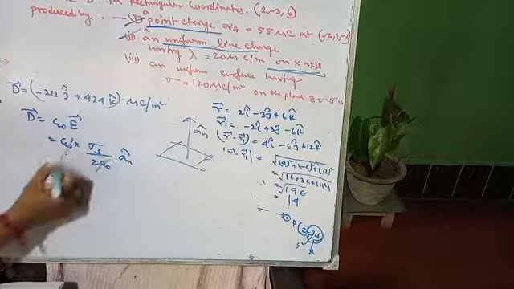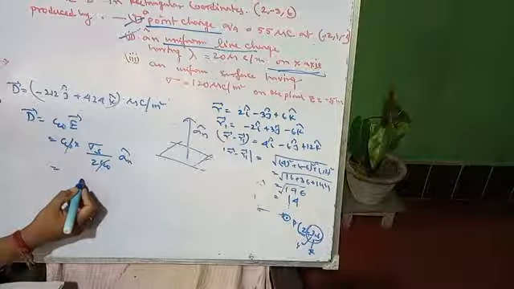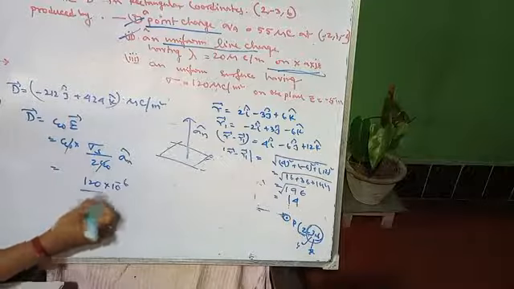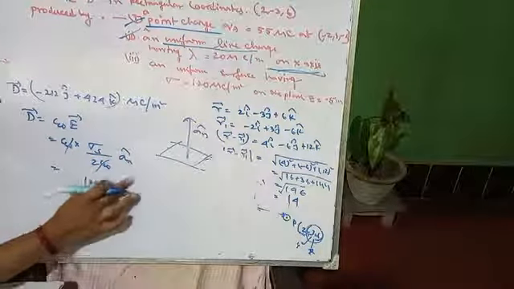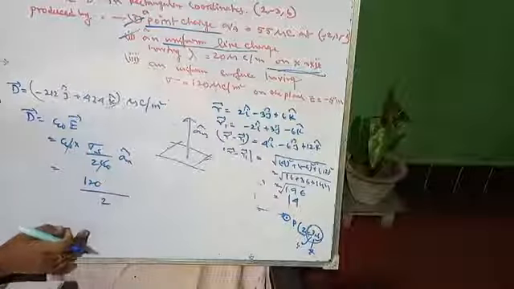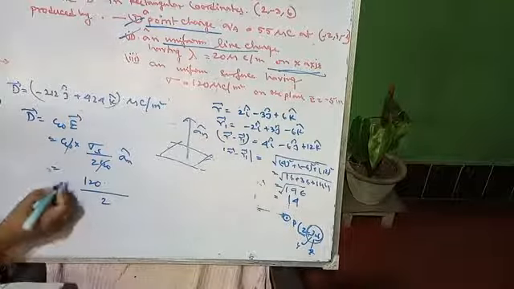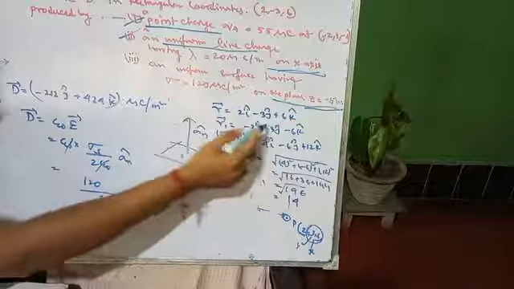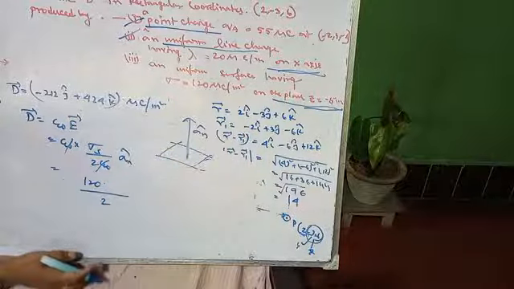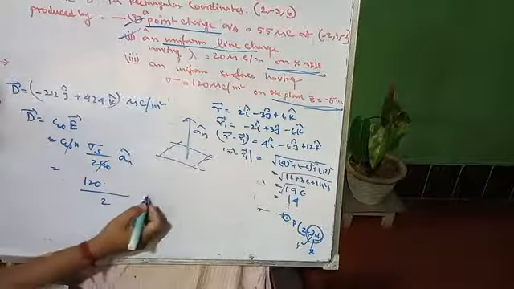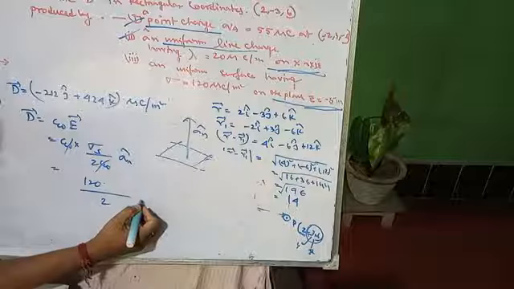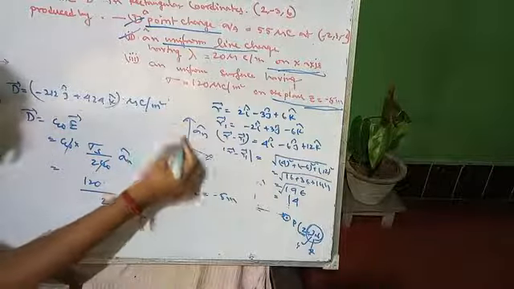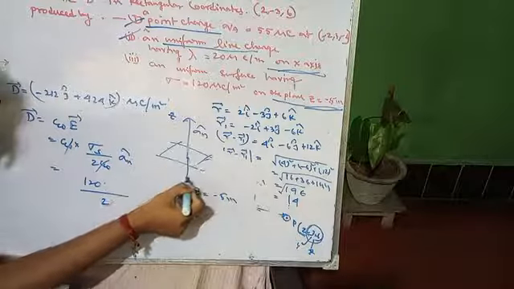Okay, so epsilon naught will be cancelled out. Sigma s equals what? Sigma s equals 120 into 10 to the minus 6 by 2, or ignoring the 10 to the minus 6, you can get the answer in microcoulomb unit. And you can say that the normal is on the plane of z equals minus 5 meter. That means it is on the z plane. So as it is in the z plane, it will be taken as z equals minus 5 meter. So suppose this is the z axis, then minus 5 meter means from here.